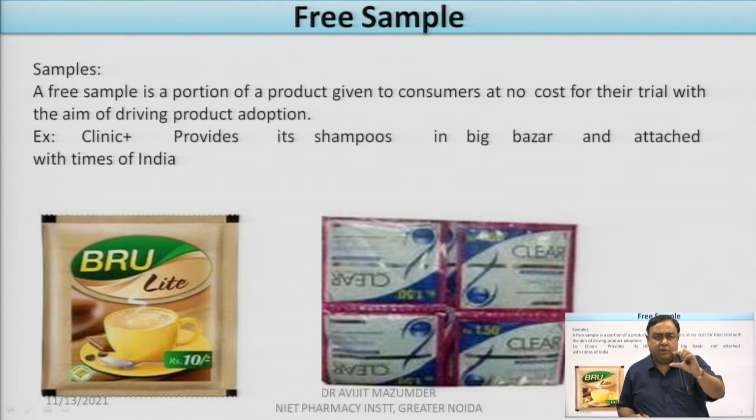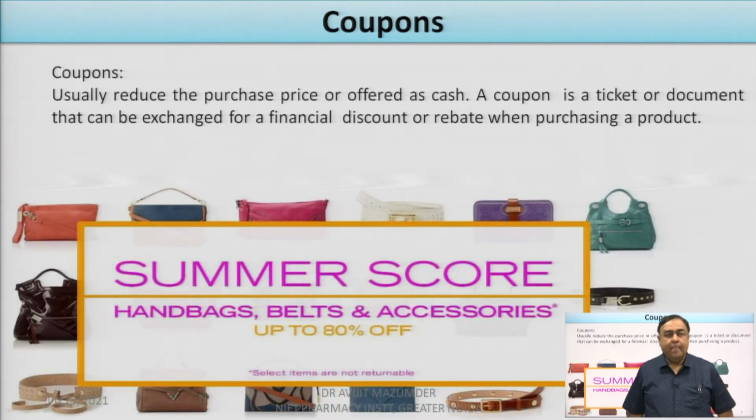Various small sachets of coffee pouch are also a very common example which you come across in your day-to-day routine activity. I have shown two examples. One is that of a shampoo called Clear Plus, and the other one for a coffee which we are calling the Blue Light. Next is